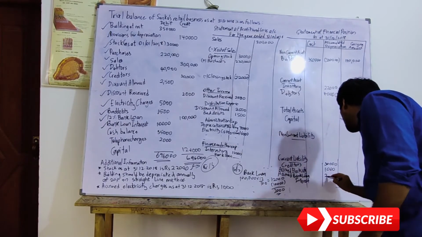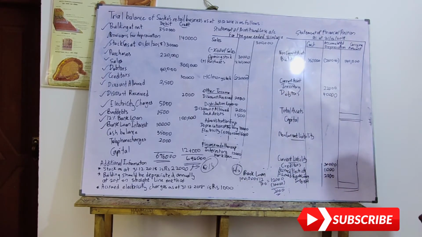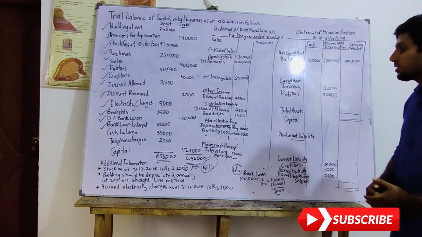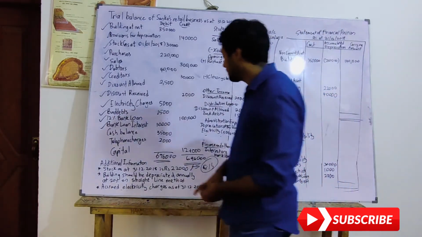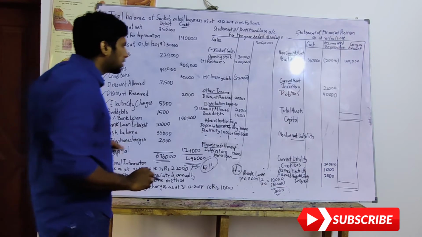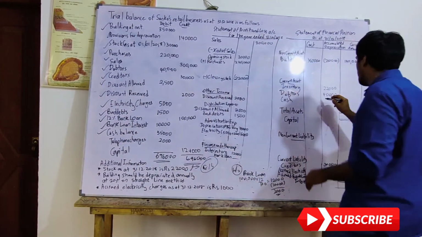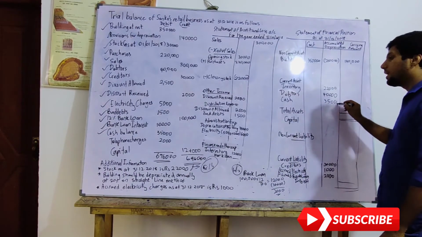It is 2,000. So now I have recorded the bank loan, accrued bank. Calculate my sum. I just want to put my cash balance, then I just need to record telephone charges. Then I'm done. Cash balance is 35,000. So I'm going to take it under current asset as cash, which is 35,000. Then I have one more thing.